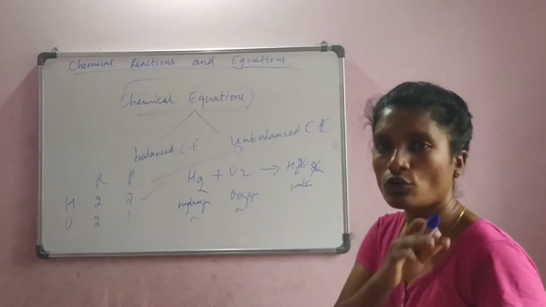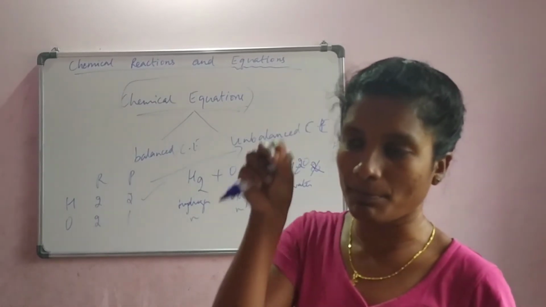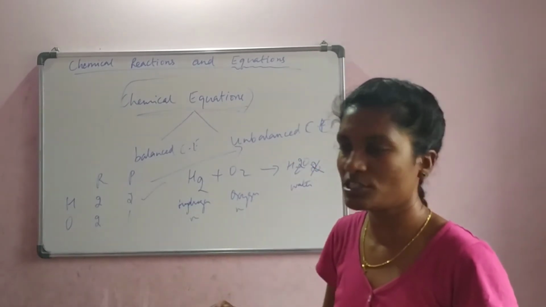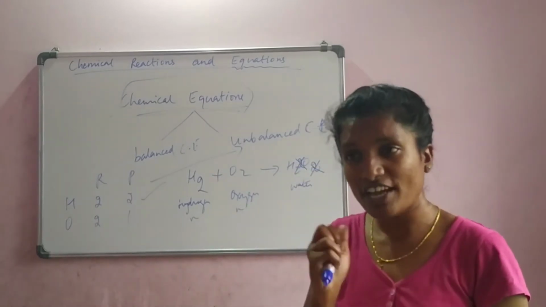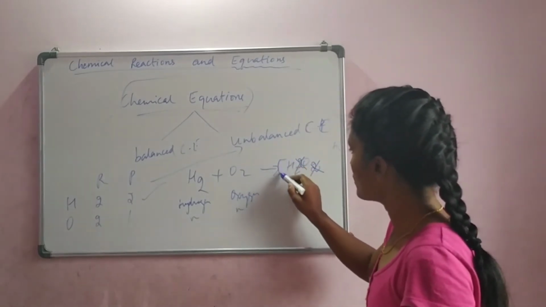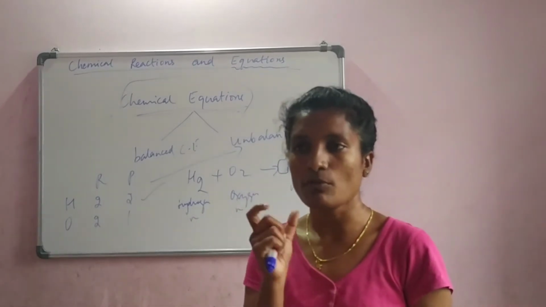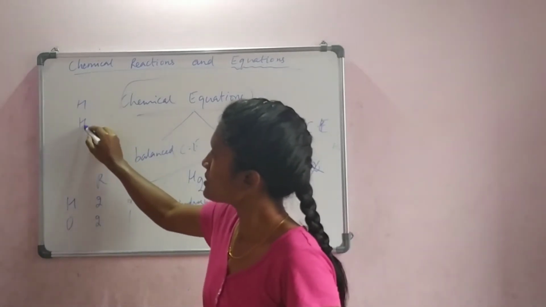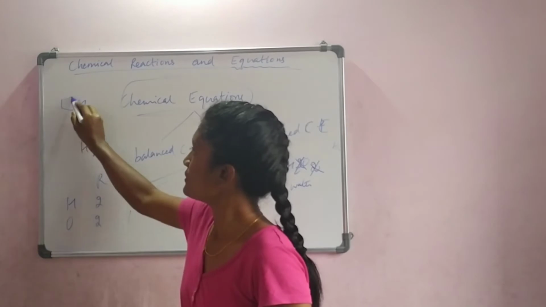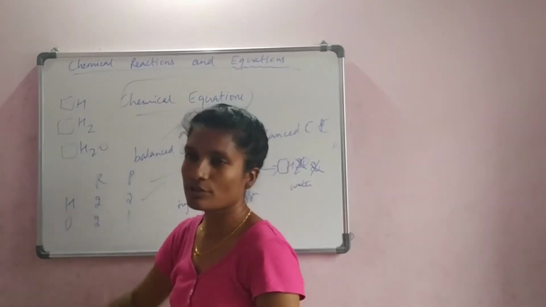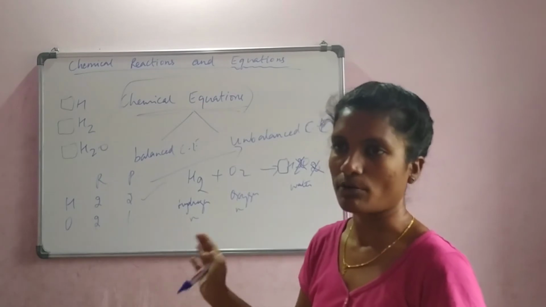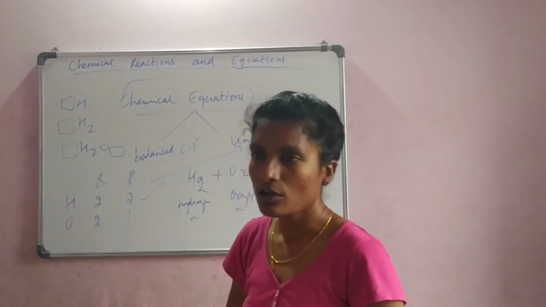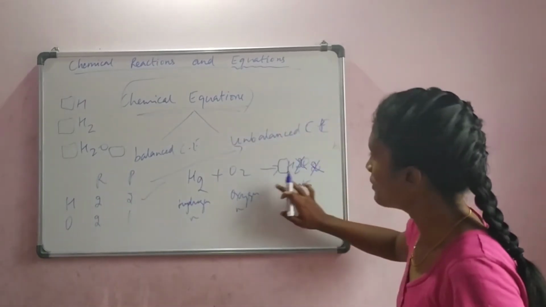Can we put it here, ma'am? No. We don't have that option to insert a number in the middle of the compound. This is called a compound, right? In the middle, we don't have the permission to put the number. Then where do we have the permission to put the number? It is only before a molecule or an element or a compound. So this is an element, this is a molecule, this is a compound. We have the option to put the numbers to the left of them. We don't have the option to put it in subscript form or in the middle.